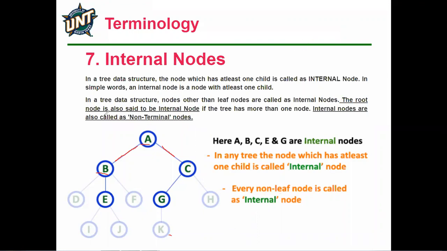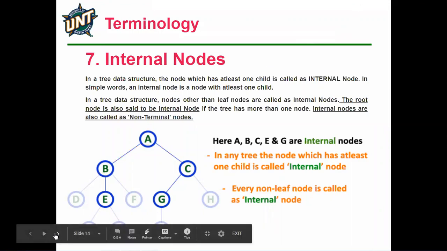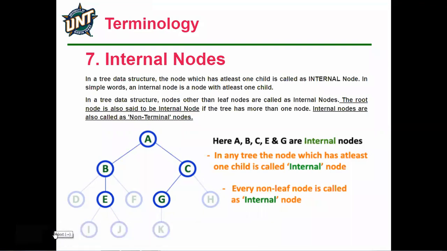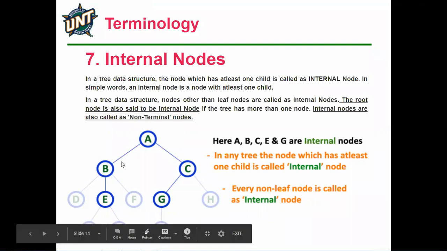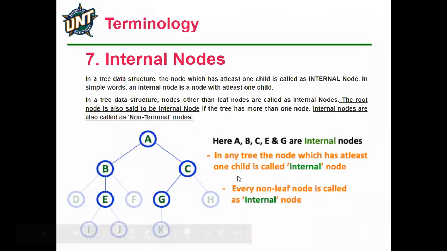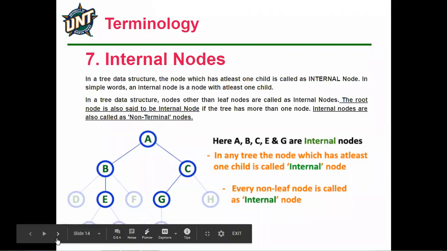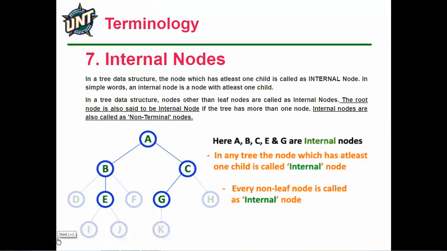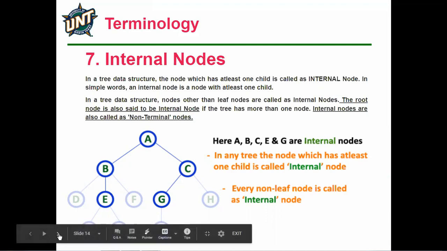Shall we go for the next point here? Until everyone is clear what is root, what are siblings, what is a leaf node, what are internal nodes, you should be clear on each and every part. What will an internal node be called? Non-terminal nodes and non-leaf nodes, again it is called an internal node. And what is an internal node? The node which has at least one child. I hope everyone is clear on this point.